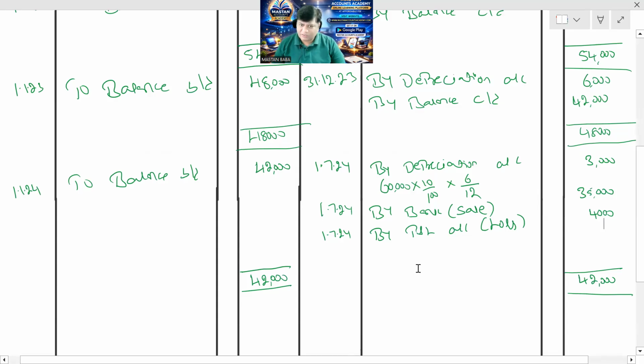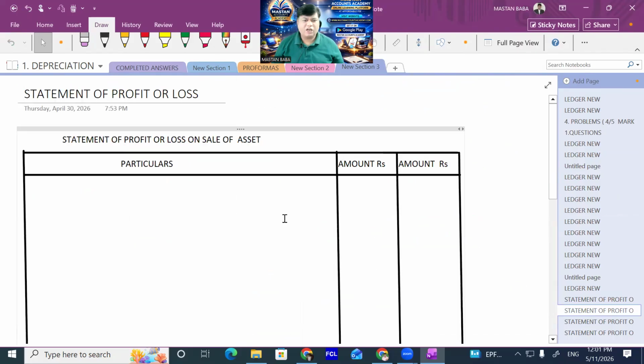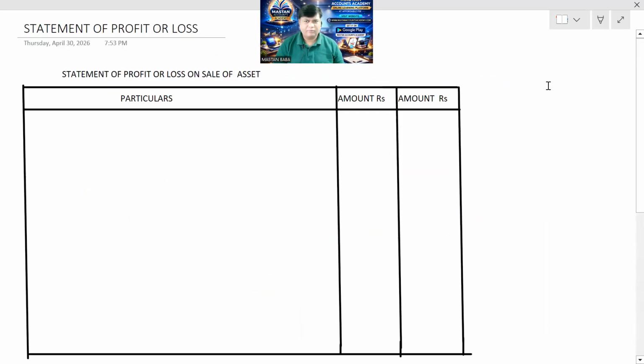మన దగ్గర ఇంకా ఎటువంటి అసెట్స్ ఉండవు కాబట్టి అకౌంట్ క్లోజ్ అయ్యేది కాబట్టి డెబిట్ లో ఎక్కువ ఉంది, క్రెడిట్ లో తక్కువ ఉందంటే బై పిఎన్ఎల్ అకౌంట్ లాస్, క్రెడిట్ లో ఎక్కువ ఉంది, డెబిట్ లో తక్కువ ఉంటే డిఫరెన్స్ టు పిఎన్ఎల్ అకౌంట్ బ్రాకెట్ లో ప్రాఫిట్. ఎనీహో మనం వర్కింగ్ నోట్ చేసేది కూడా నేర్చుకున్నాం కాబట్టి అది కూడా చేద్దాం. స్టేట్మెంట్ ఆఫ్ ప్రాఫిట్ ఆర్ లాస్ ఆన్ సేల్ ఆఫ్ అసెట్. సేమ్ టెక్నిక్. Value of machinery